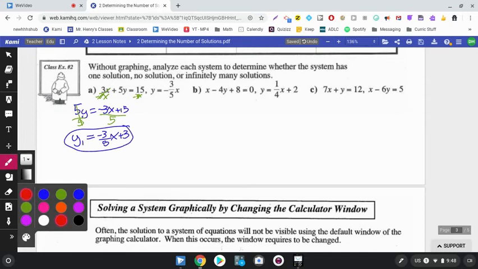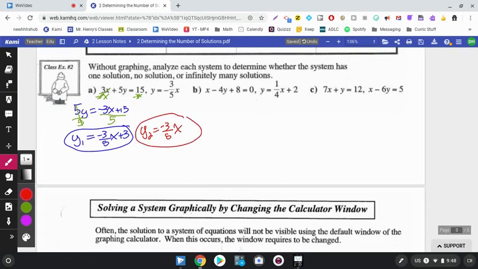The second equation is already good. y2 is negative 3/5 x plus 0. So then you have to say, is it one solution, no solutions, or an infinite amount of solutions? And what I notice is the slope is the same, negative 3/5. So I'm going to say same slope, which now eliminates one solution. It's either infinite because it's the same line, or it's no solutions because they're parallel